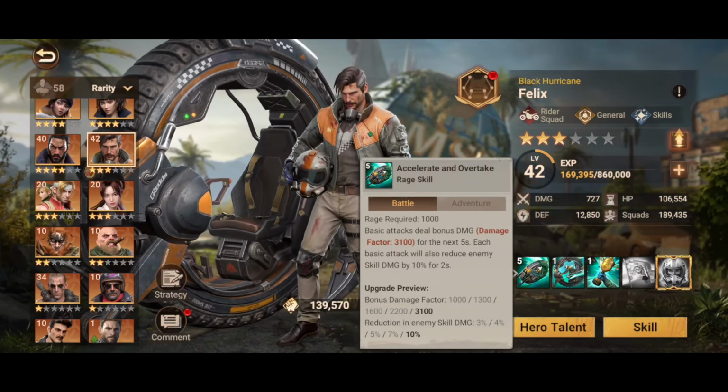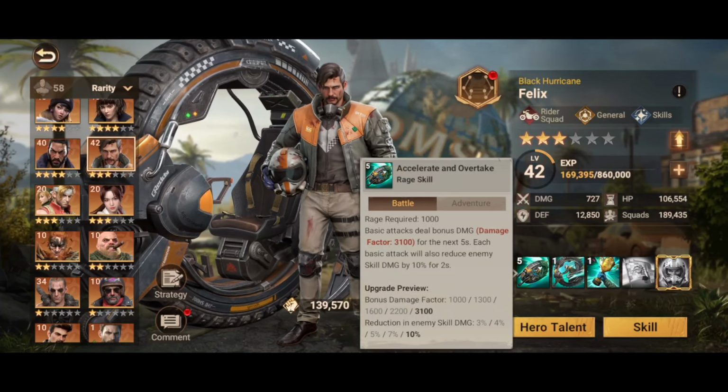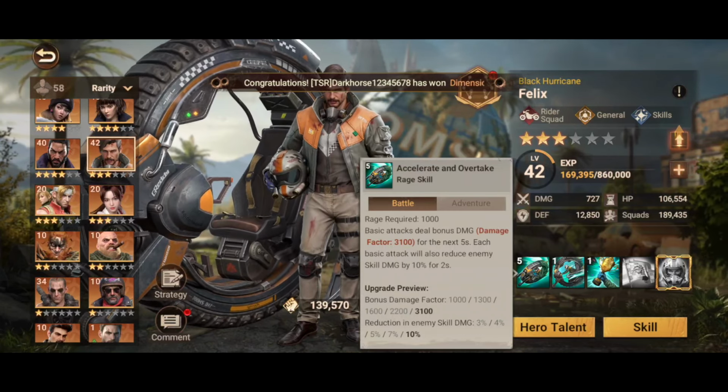Overtake, which is a rage skill where basic attacks deal bonus damage with a damage factor of up to 3,100. Each basic attack will also reduce enemy skill damage by up to 10% for 2 seconds. So as you can see, Felix is a basic damage dealing kind of hero, and he deals a lot of